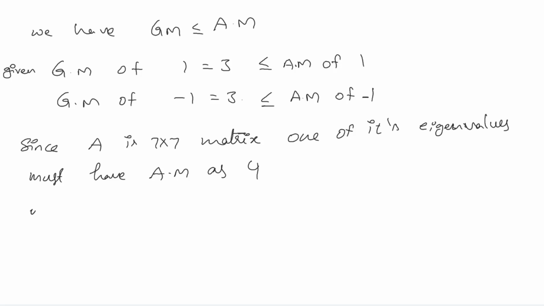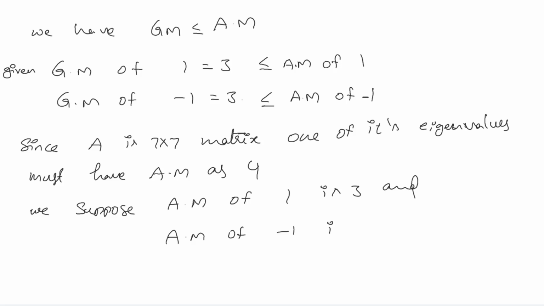So we suppose the algebraic multiplicity of 1 is 3 and the algebraic multiplicity of minus 1 is 4. Without loss of generality, one can assume that the algebraic multiplicity of minus 1 is 3 and that of 1 is 4. One can even consider that case also, but the process is the same. So when the algebraic multiplicity of 1 is 3 and that of minus 1 is 4, then